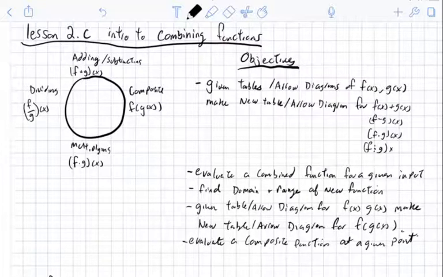Okay. So let's begin. This particular section of the textbook, this is 5.3. I'm breaking this into two parts. This part is just focusing on the theory of combining functions into new functions, and then the next part, lesson 2D, is going to be